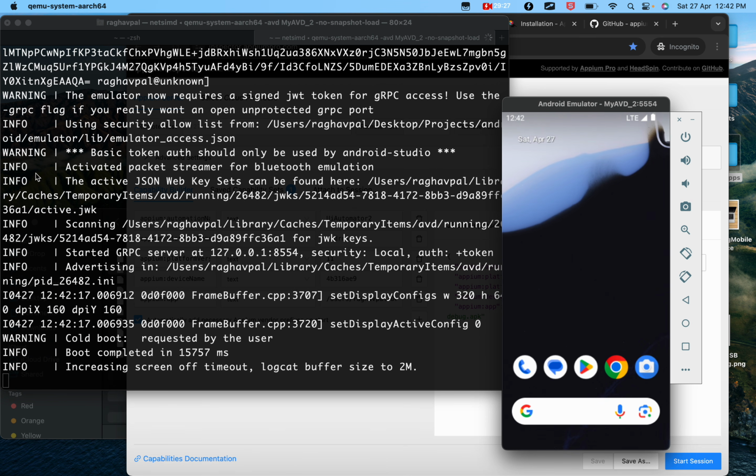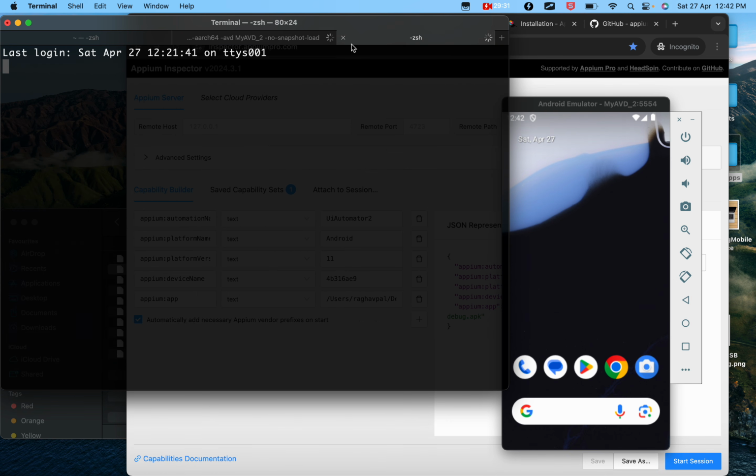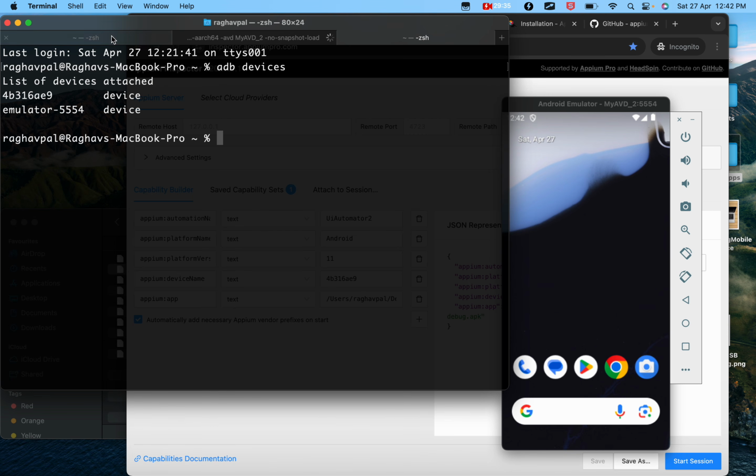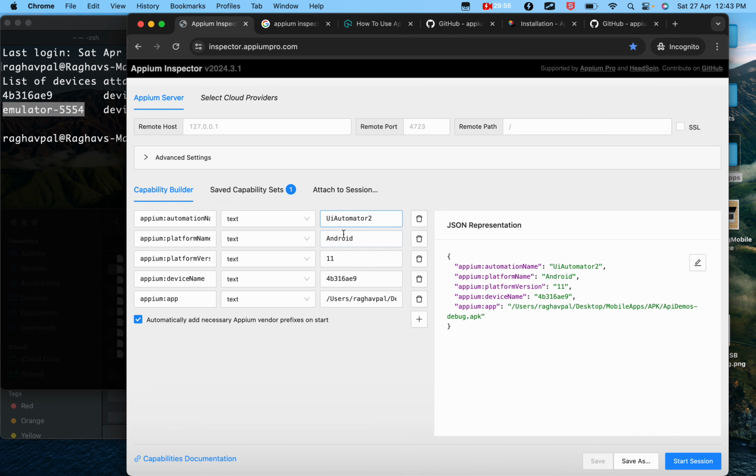Okay, and now make sure you can go to a new terminal or command line and say adb devices, and make sure that your device is shown here. So this is my physical device which is still connected to the system, and that's why it is shown here, and this is my emulator. Okay, so now the same things, this is the device name, so I will change this device name